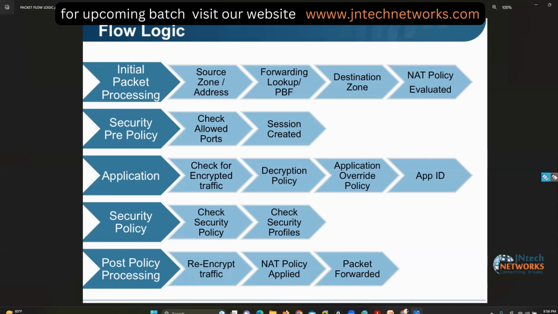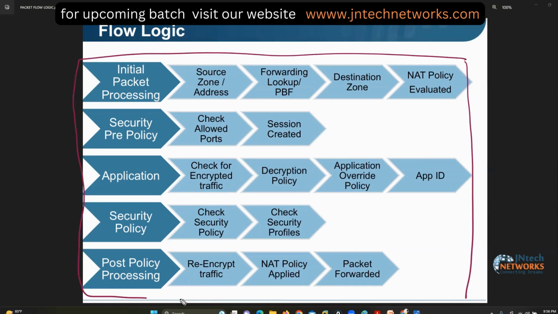So this is the complete Palo Alto firewall device. If any traffic is going to hit an ingress interface, Palo Alto will do initial packet processing first. We are trying to get an idea of how traffic is traveling through the Palo Alto firewall. In initial packet processing, Palo Alto will check source zone information. For example,